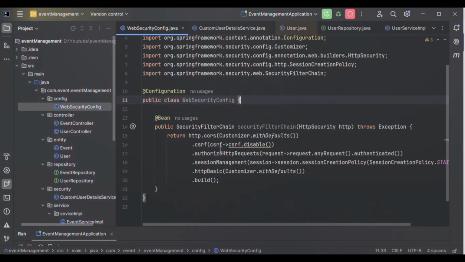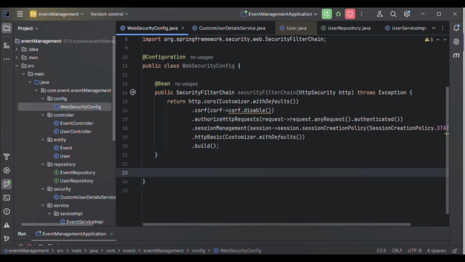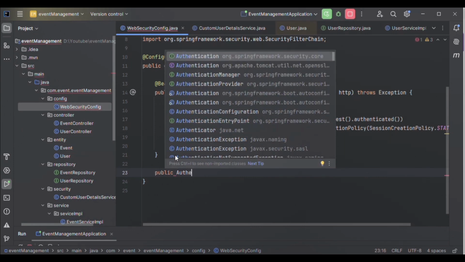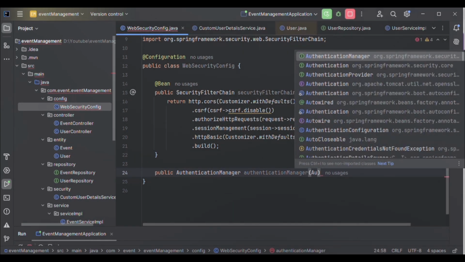So this is done. We go back to our WebSecurityConfig. Here we implement the method authenticationManager. Earlier we were using the default authentication manager, but now we need our own because we will use the DaoAuthenticationProvider. We will authenticate the user from the database. So we need our own AuthenticationManager object.